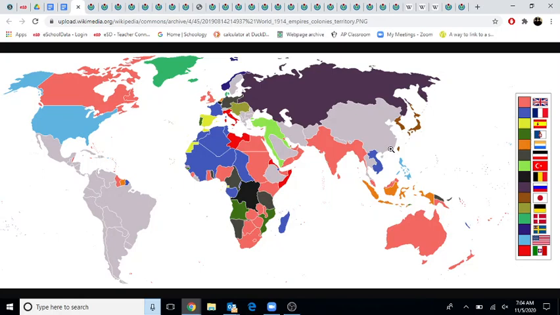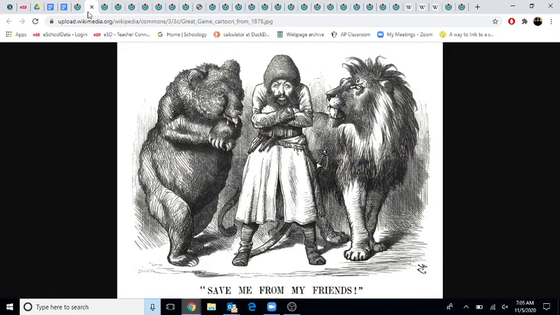But the thing is, people thought that these colonies brought them prestige and helped their economy by creating markets for their country's products and cheap raw materials. And sometimes it worked, and sometimes trying to police the colony was more trouble than anything else. You can see Afghanistan was a huge thing in this scenario because Britain owned what's now Pakistan and India, and Russia is right here, and right in the middle is Afghanistan. And here you can see the Russian bear and the British lion, and they're on either side of this fellow who represents Afghanistan, and he's rather worried that they might eat him, because both wanted Afghanistan.